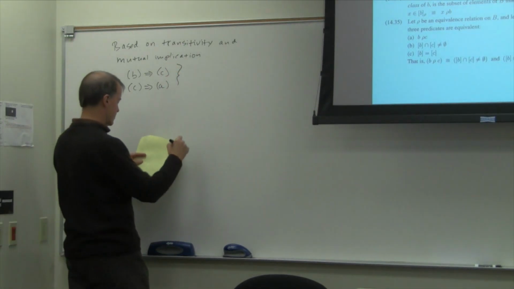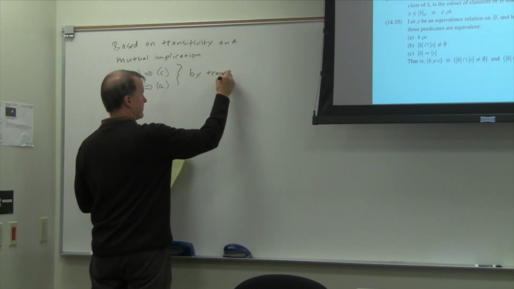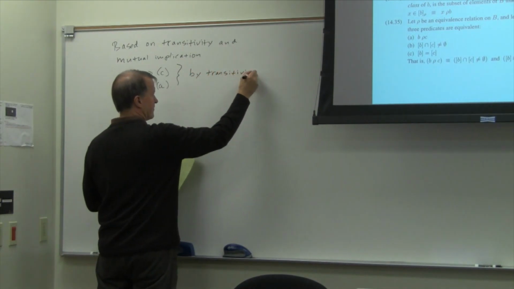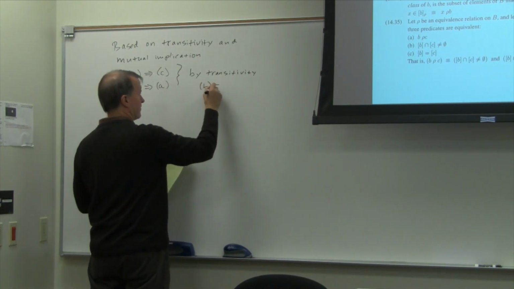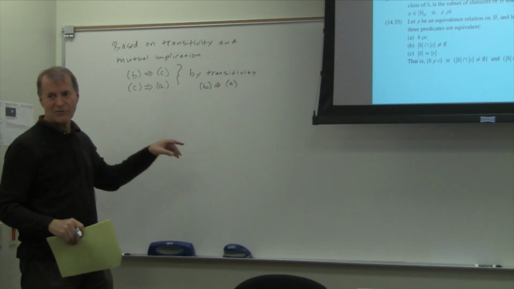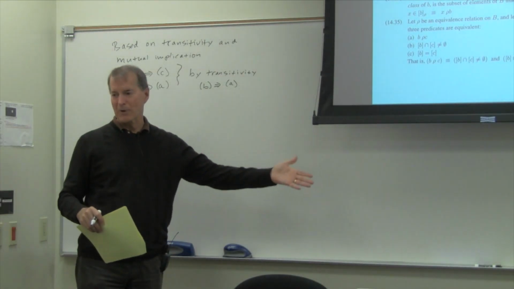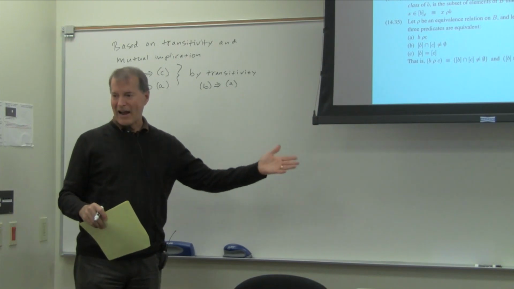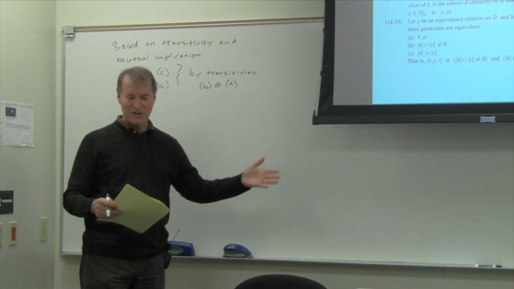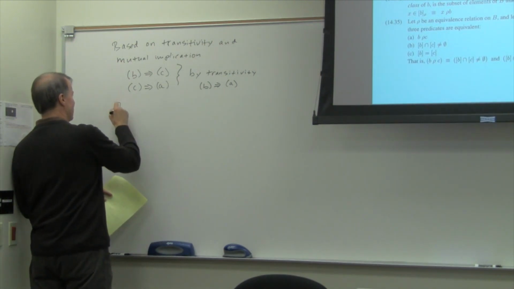B implies A. So by transitivity, if we just do these three, we know that each one implies each other one. But now, if we know that each one implies each other one, okay, so by mutual implication,